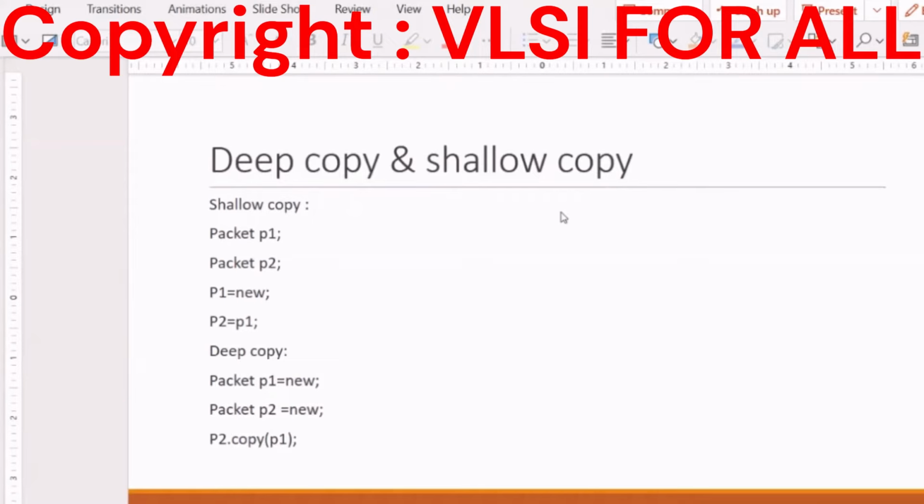We'll go for the deep copy and shallow copy. First of all, what is copy? Why do I want to do copy? That means, in a general way, if